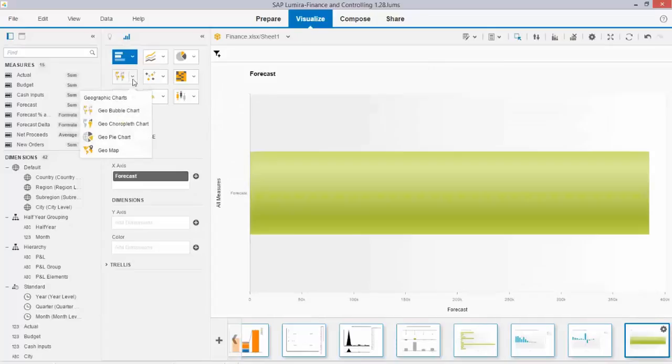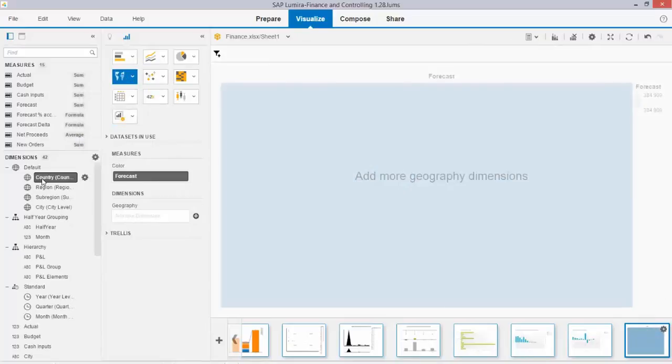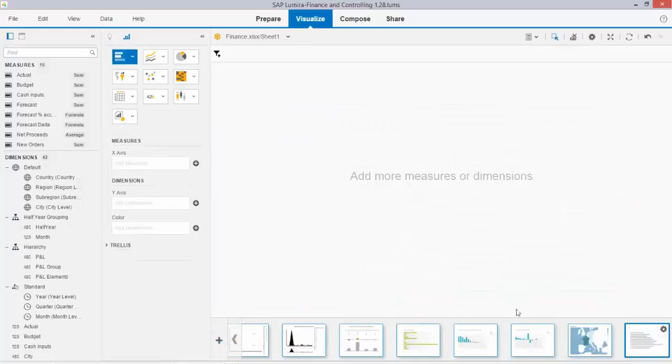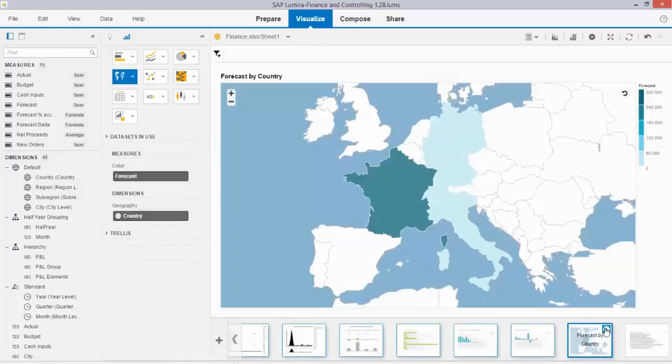So I select the forecast, I choose a geo chart, for example, or let me pick this one, Global. Yeah, and I can just drag and drop my country, and over here I see that France has quite a very high number of forecasts. So if I tick the plus button, you will see that the analyses that I create are automatically stored below